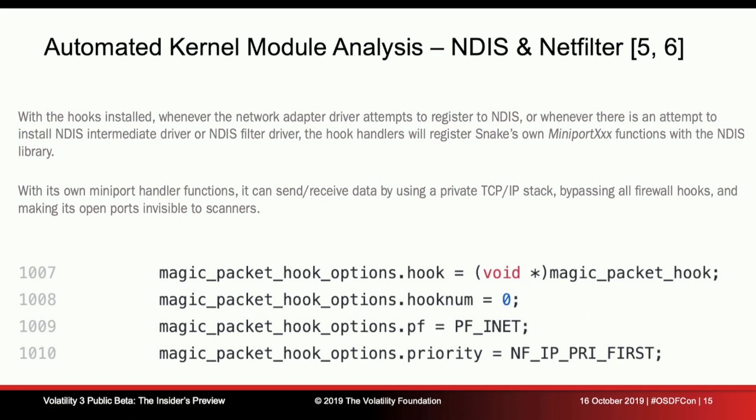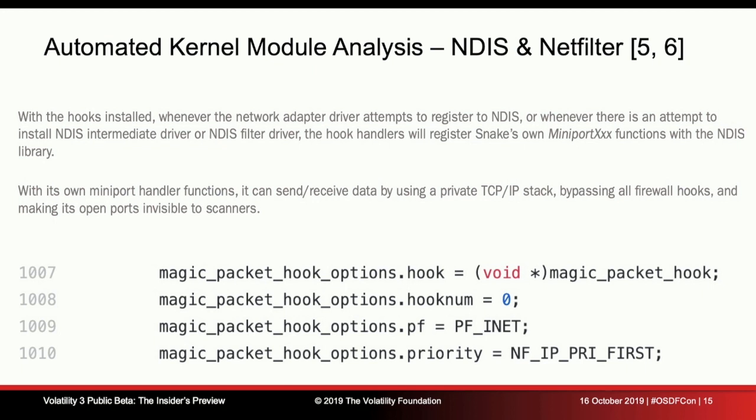So the first thing we wanted to be able to do was analysis, especially in kernel mode, of more than just the basic kernel. If you look at how we build profiles in Volatility 2, how we incorporate those data structures, Volatility 2 really assumed that everything you cared about would be in the kernel file, the NTOS kernel. For Linux, it was very similar, and then Mac obviously was built the same way as well.